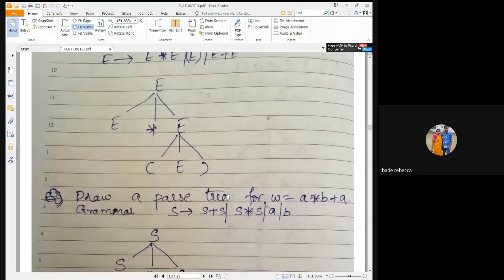Draw a parse tree for the string, which we will denote with W: the string A star B plus A. Now, the production rules for this grammar include S implies S star S. Now, we need to get the string A star B plus A. How will we do this?